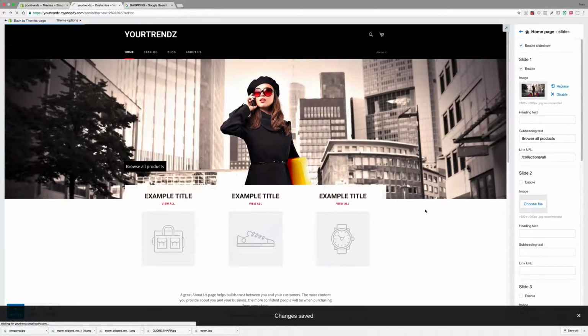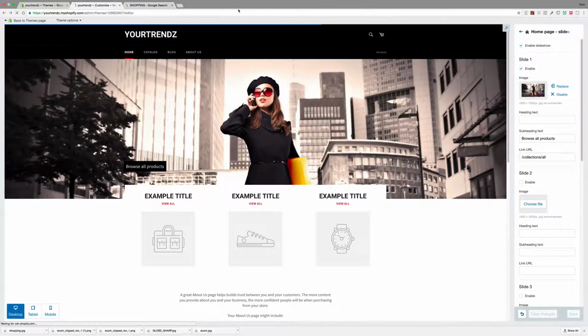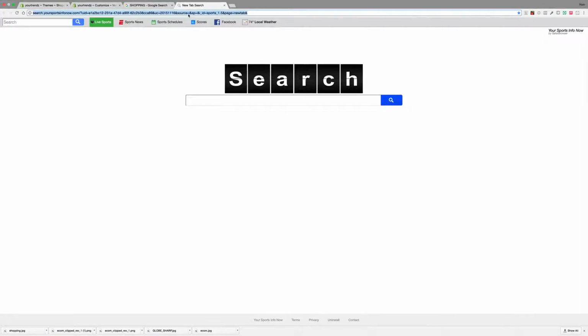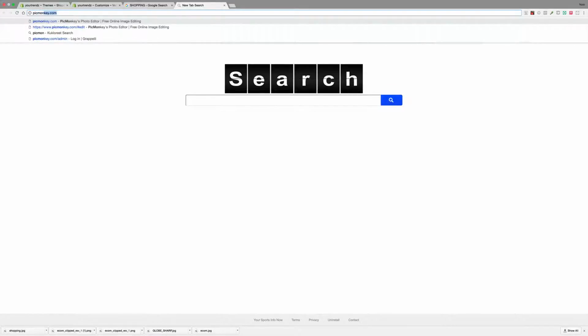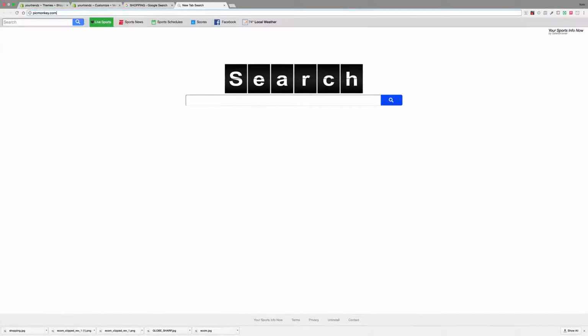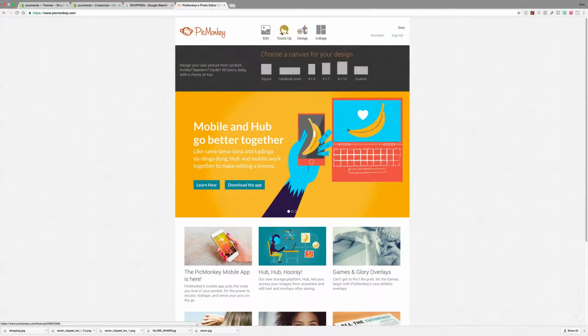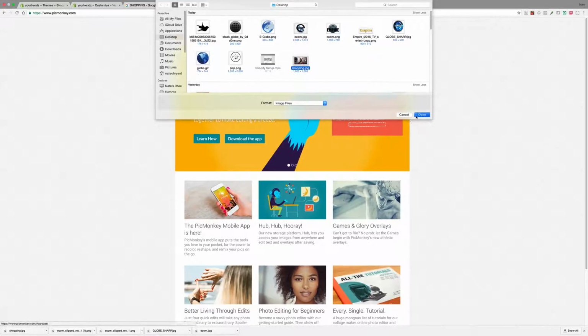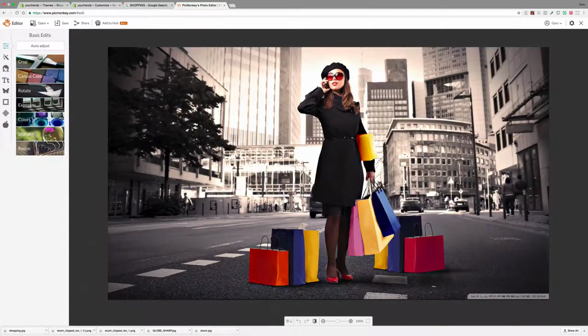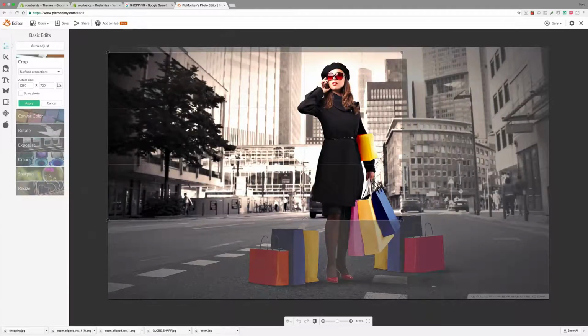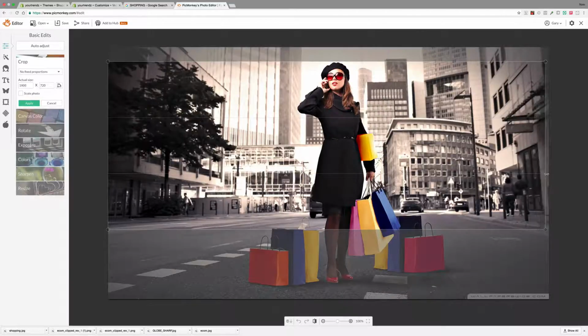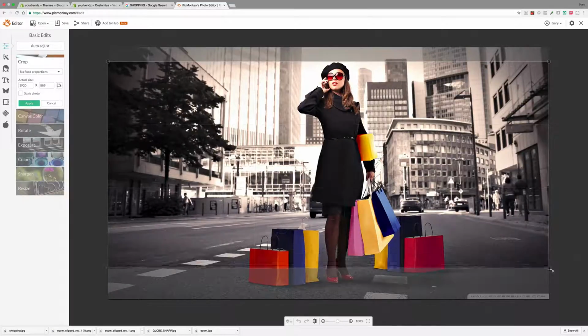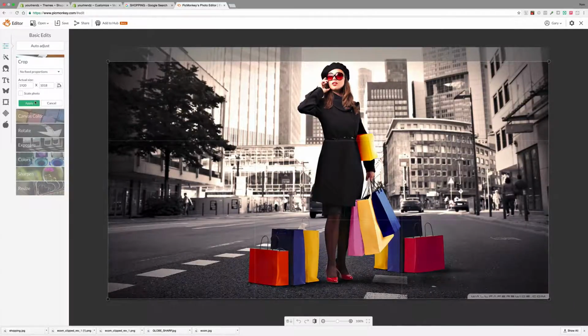And you can also make alterations to your banners if you go to picmonkey.com. That's PICMONKEY.com. All right. And if you just click edit, you can actually edit your picture. So maybe you want to cut some of this slack off at the top. You can go ahead and do so. And cutting the slack off at the top also leaves room to show some more of the bags. So we'll just go all the way down to the bottom, apply,